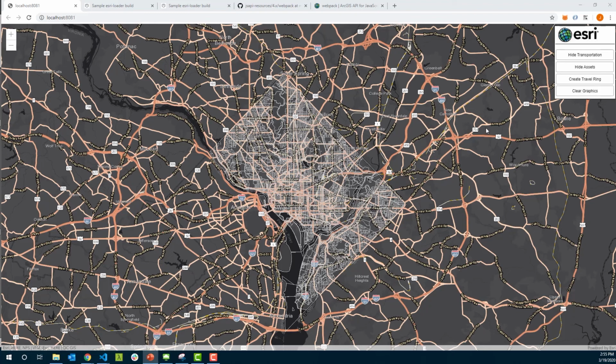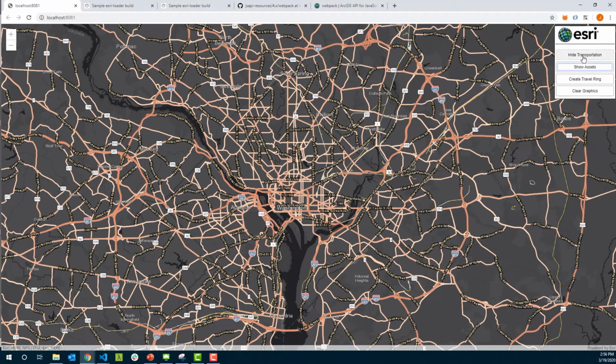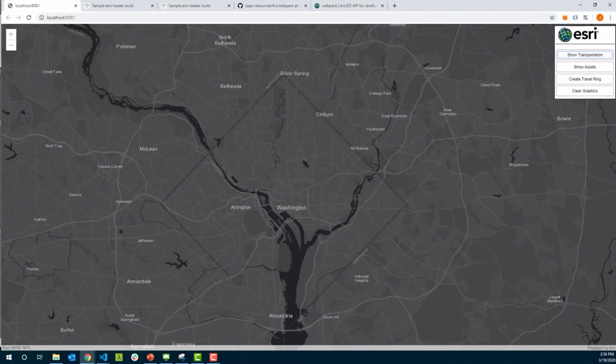So real quick, just take a look at this. Here's our enterprise application. May look similar or familiar from last year. It is a web mapping application. You can hide transportation, hide the assets. And here it is. So going back to our PowerPoint presentation,